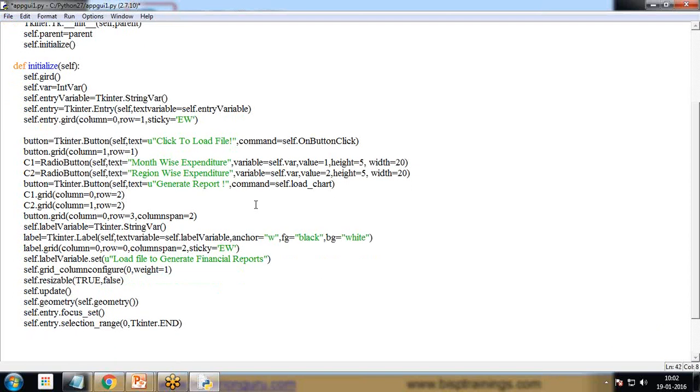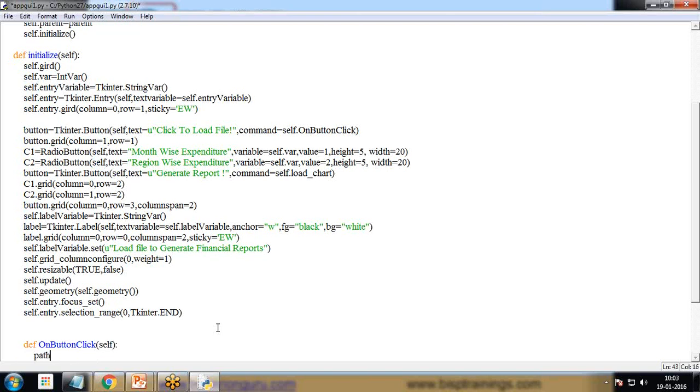Now the next thing we are going to do is define this on button click. In this on button click I'm going to open the file open file dialog box so that the user can make a selection. So I create here def on button click and self, and here I create a variable path is equal to easygui dot fileopenbox, and I set message is equal to